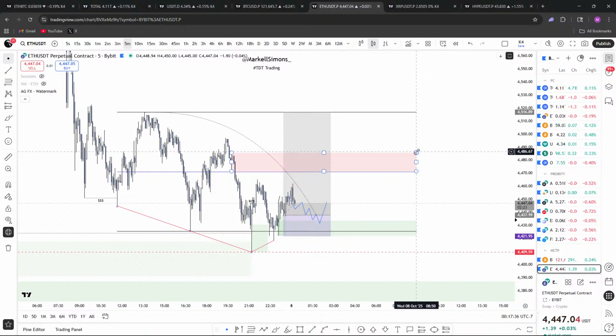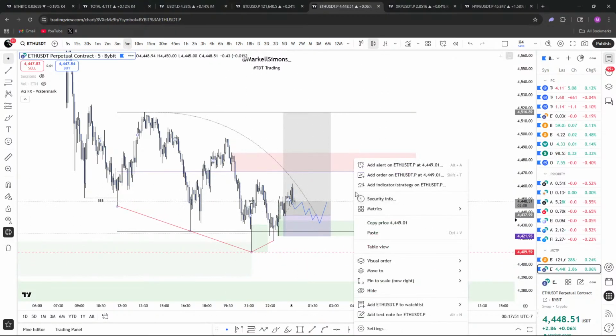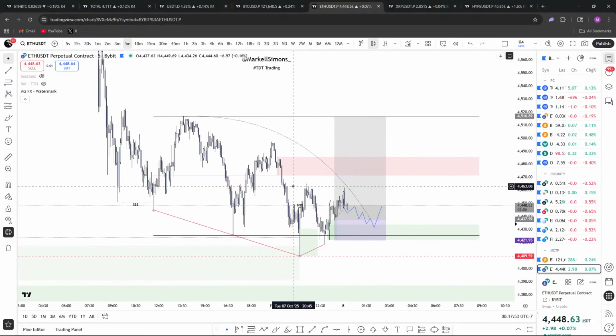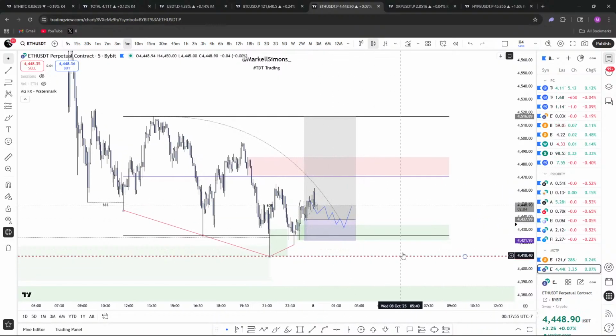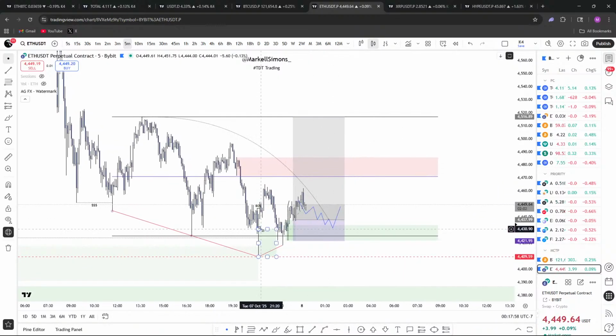Ethereum is already exhausting. Not what I want to see after forming a potential TCT model. I mean, you gotta understand, this is actually what you want to see. Well, I'm not gonna lie, this is what you want to see, because